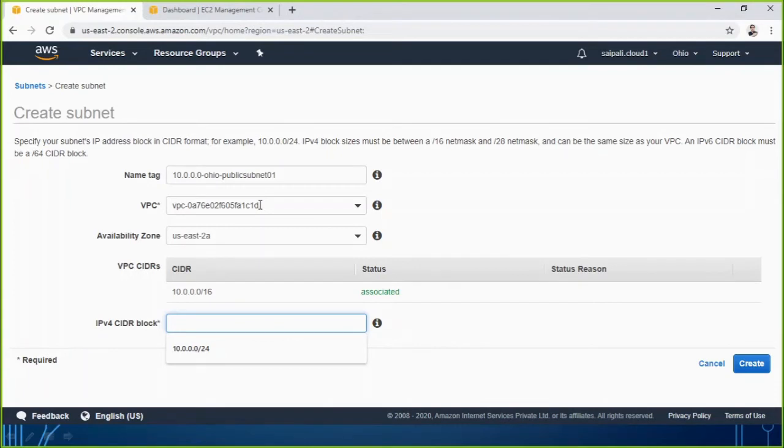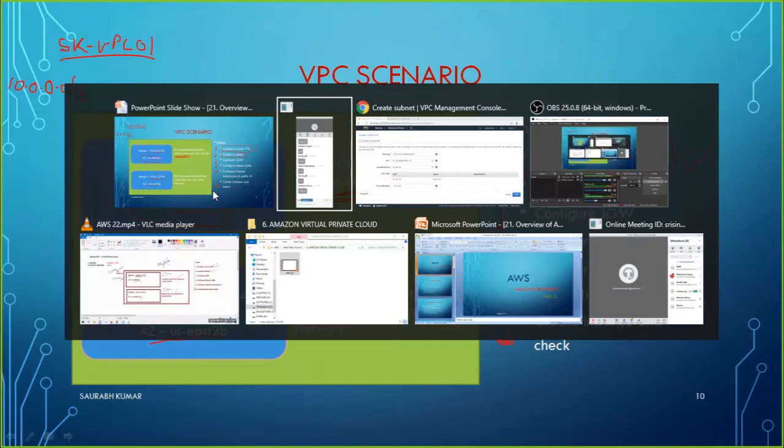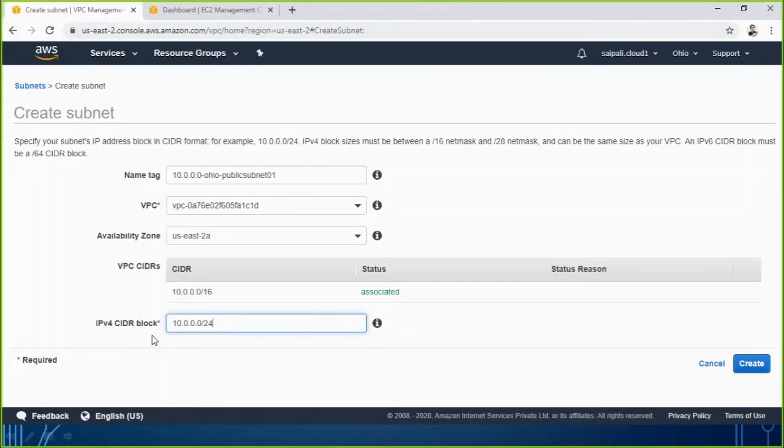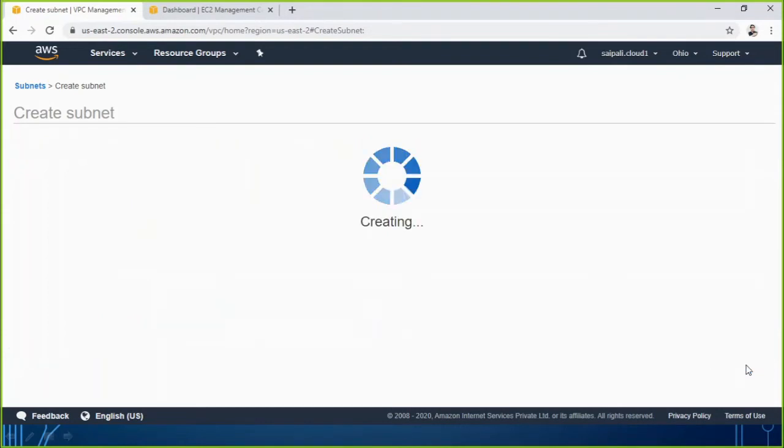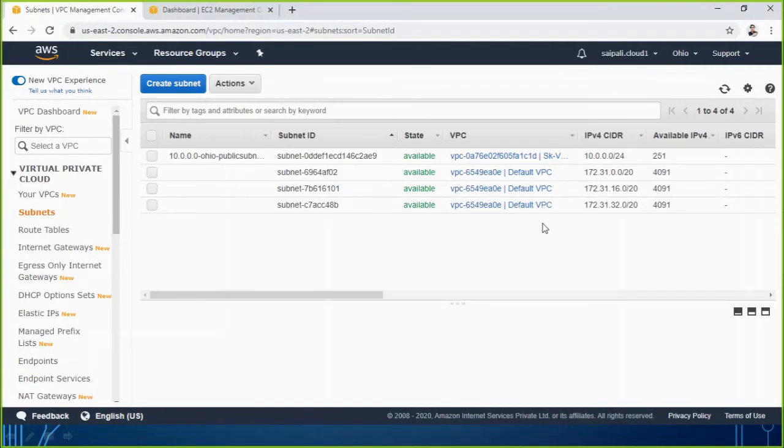So let me enter 10.0.0.0/24 as per our plan. This is what our plan was. This is the subnet we want to have for this. So I have used it as my IPv4 CIDR block, and then I click on create. Very simply, now we have created a subnet.